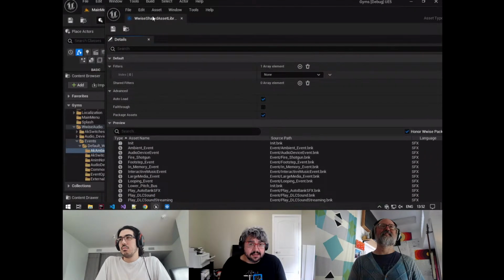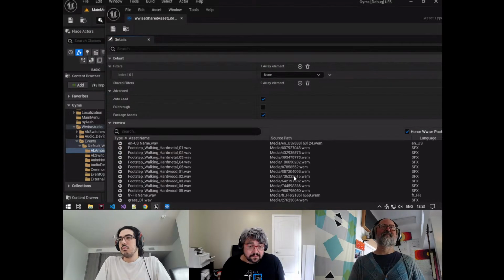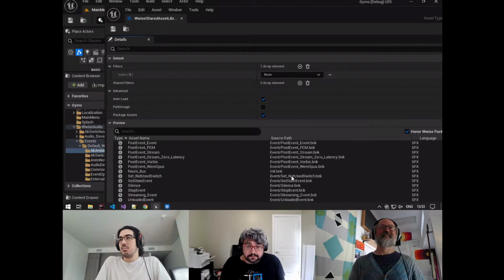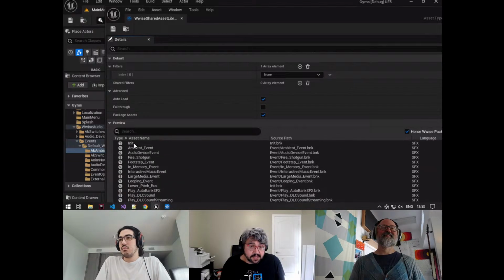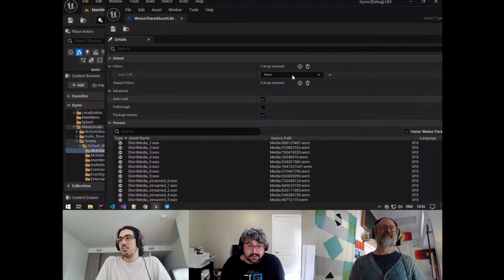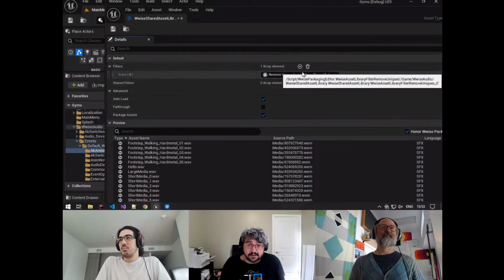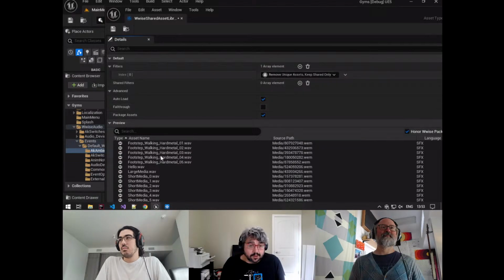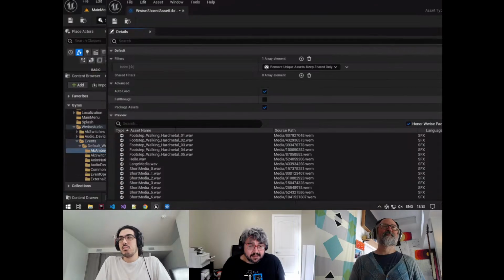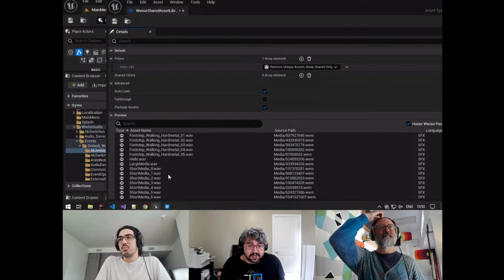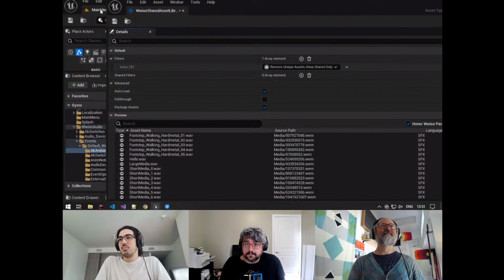Okay, this is a shared asset library. This is the equivalent of addressables groups. Right now, it contains every single thing. All the SoundBanks, the init bank, all the media files are in there. I will add a small filter in here saying I want to have something else. Now, it will only have the assets that are being shared between the different